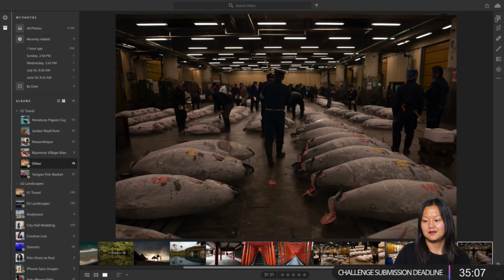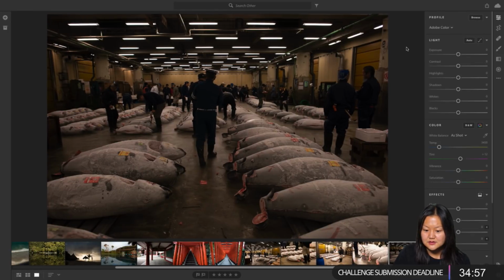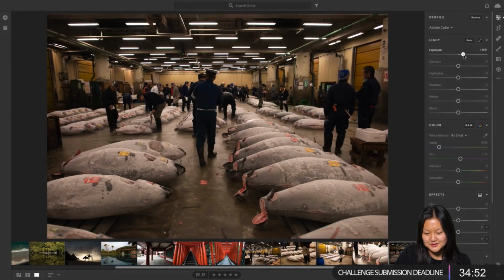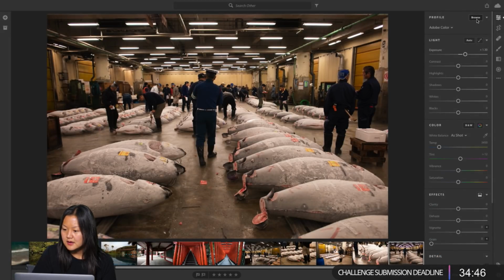So it directly comes from the camera? This is straight from camera, yeah. A couple of them I pulled in apparently still have some edits from Classic in there, but this one does not. Oh yeah, look at that. So the first thing I would do is kind of fix my exposure, and so thankfully I shot RAW, and we can kind of work with it.